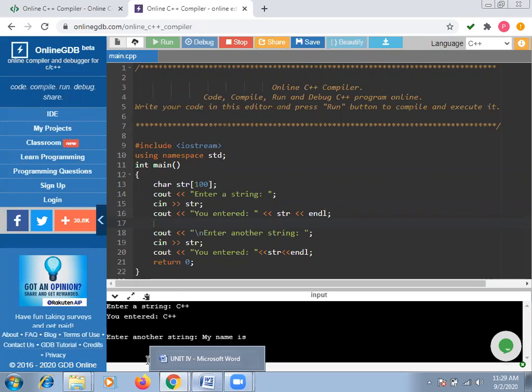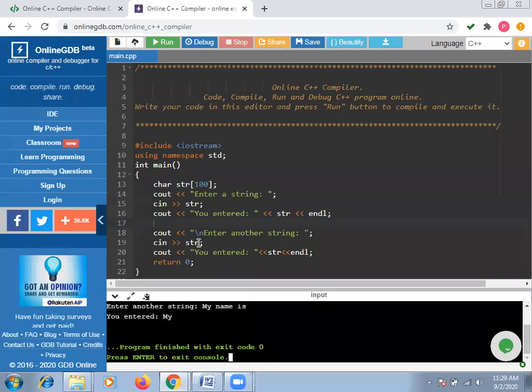Now cin is responsible to read the string that you entered, and if I want to print my name is, when I enter it, it will print only my. Now name is is not printed by the cout statement. Why does this occur? Because